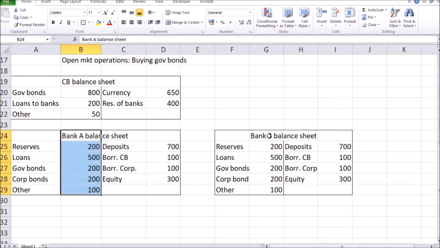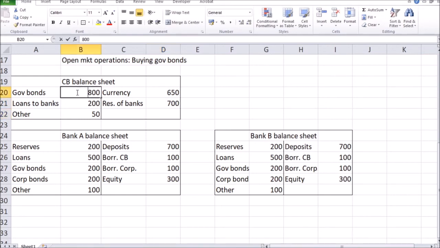Neither Bank A or Bank B have as much government bonds. So let's say, for example, the central bank is going to purchase 150 worth of government bonds from each of the commercial banks. What's going to happen to the balance sheet of the central bank is that it is simply going to type more money into the reserves of commercial banks that it's holding, increasing this from 400 to 700. That's adding 150 to each of the commercial banks.